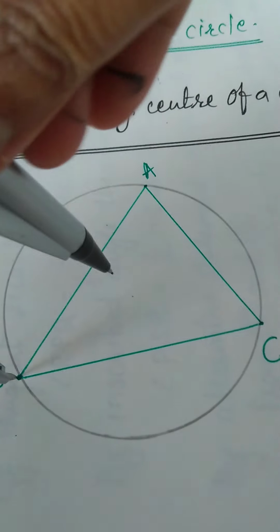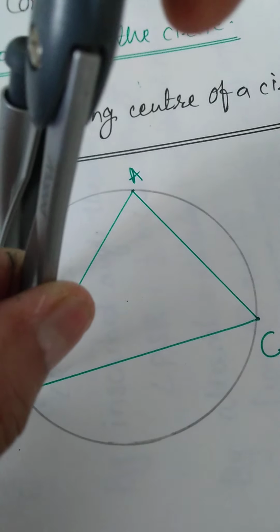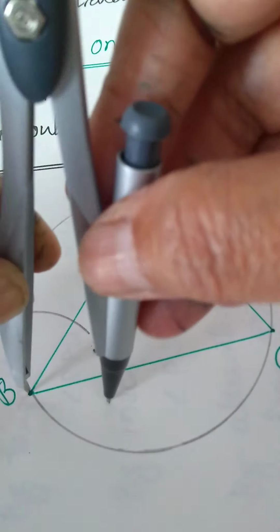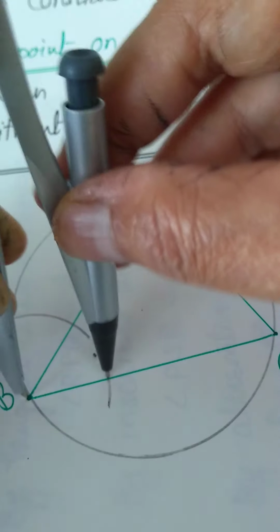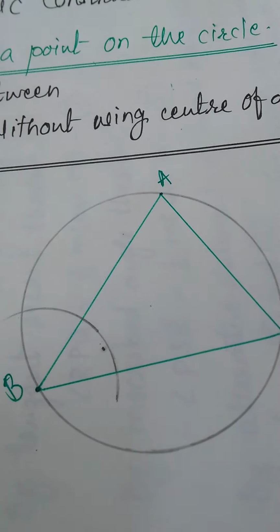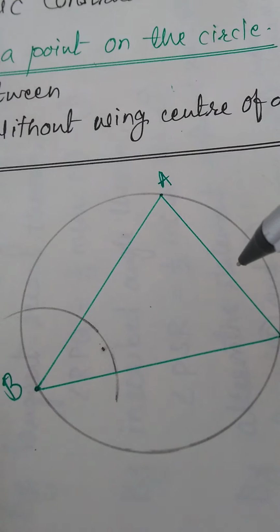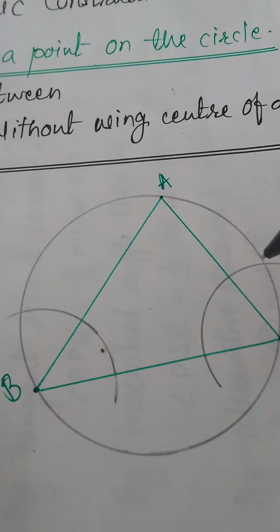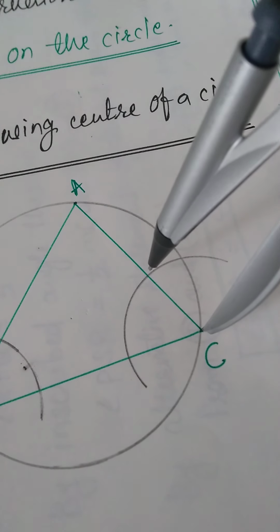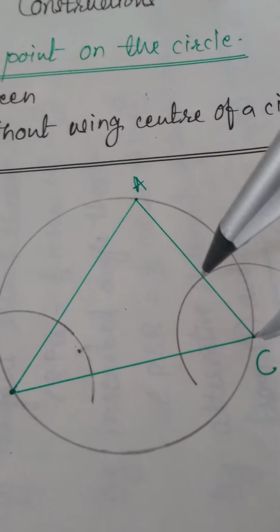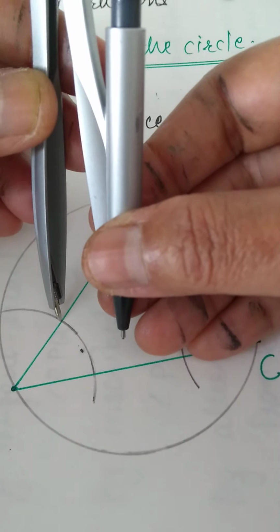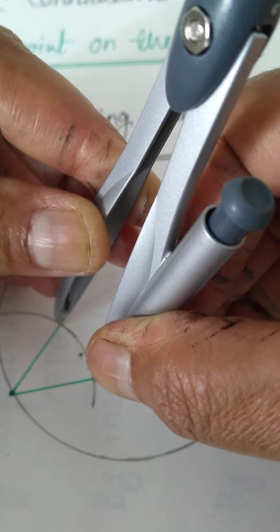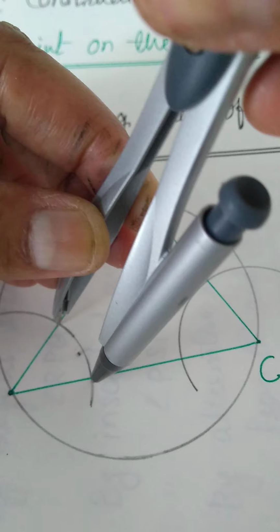Put one leg of the compass at the point B. We will draw an arc like this. Also, taking the same distance, we will draw the arc, putting one leg on the point C. Like this, we will draw the arc. We have drawn the arc. Take the distance between these 2 points. It means we have to draw the congruent angles, the measurement of the congruent angles.